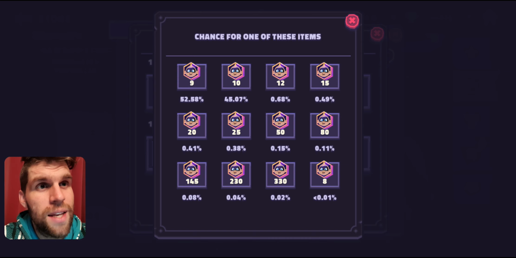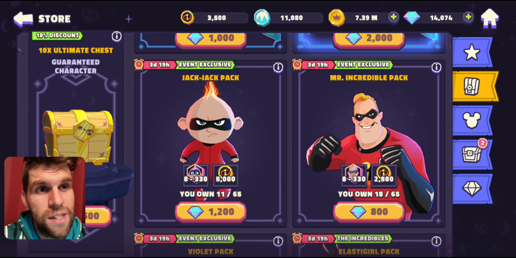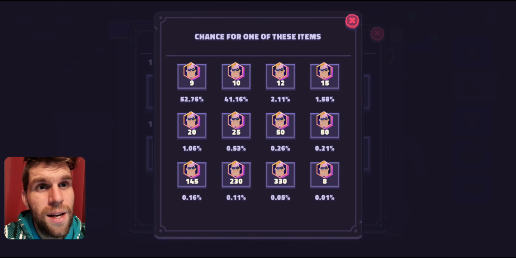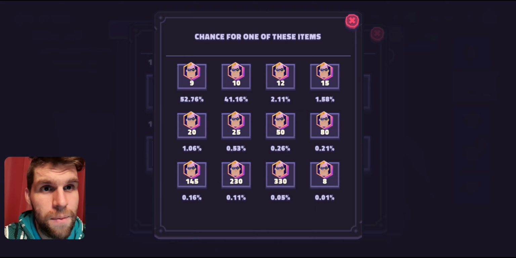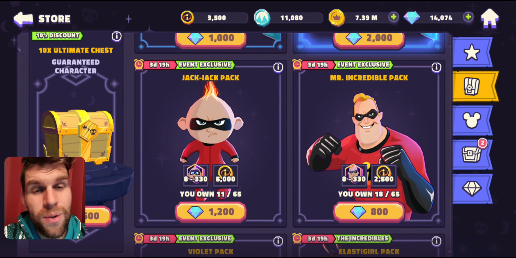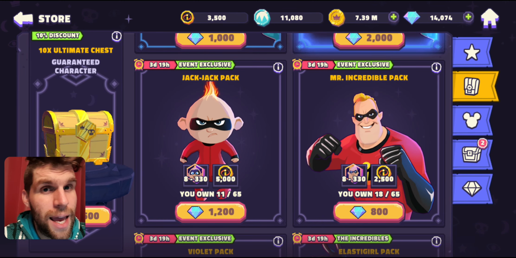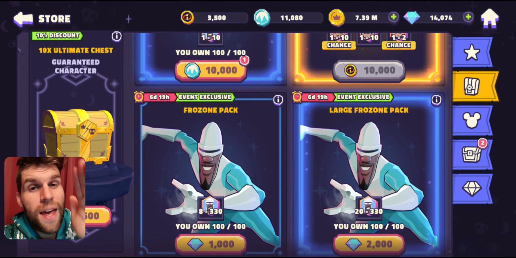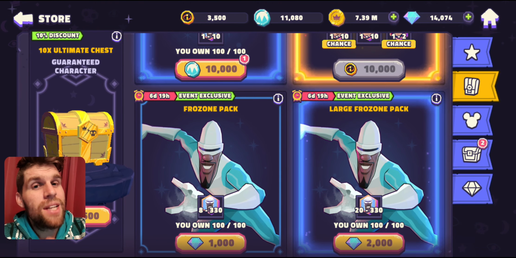That is horrendous. And yes, it is Jack, and yes, he is the exclusive, even compared to the Mr. Incredibles packs. Mr. Incredibles packs: 50% 9, 10% 40, then 2, 1, 1, and then all below 1. Yikes. So far better odds on the Frozone, and you're guaranteeing yourself a better standard. So I like what they've done, and they are showing with this